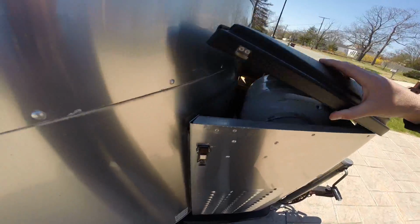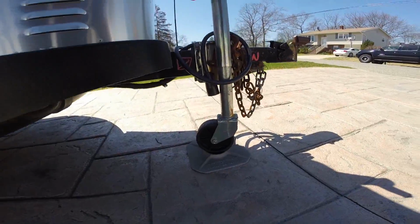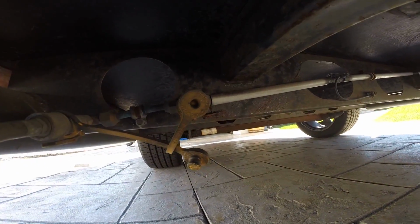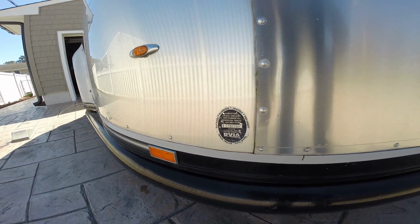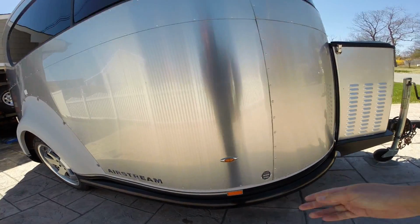You have to be careful because it does have a jockey wheel that could potentially roll if you don't have the wheels chocked. Underneath the trailer, we have a connection here, a quick disconnection. There's a hose inside the trailer that you can hook up a little portable grill to. It passed the RVIA compliance with electrical, plumbing, heating, and fire safety. LED marker lights,